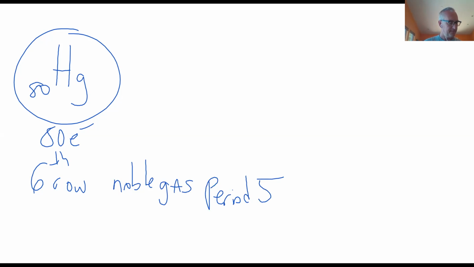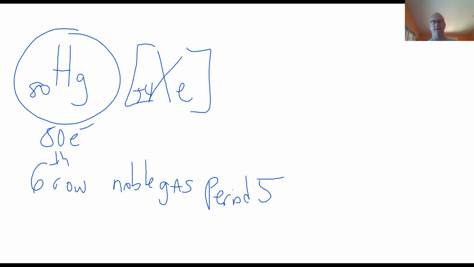Xenon. So we go square bracket, xenon, and xenon has 54 electrons. So basically we're going to start from there. Then we go down to period 6 and start with 6s2, and then follow the rest of the order, and we keep going until we get to mercury, and I think that ends at